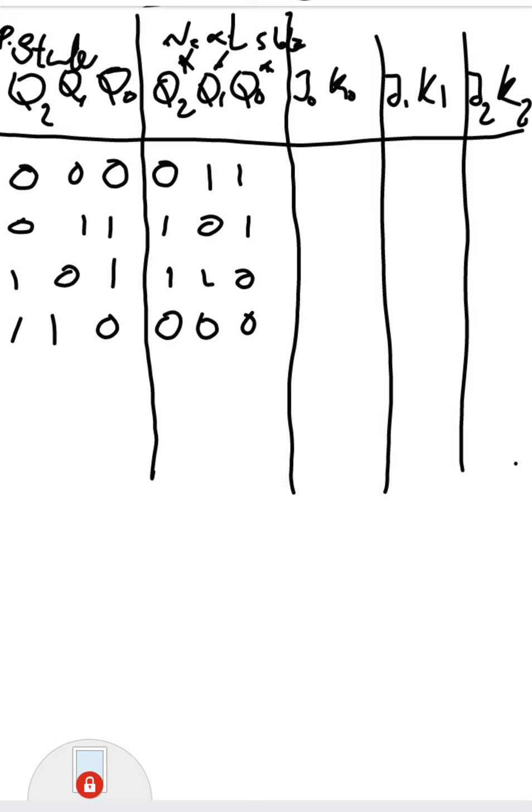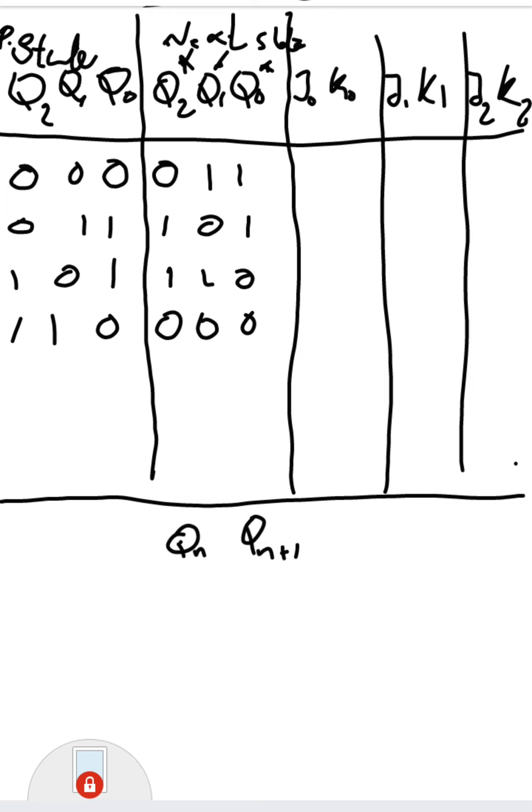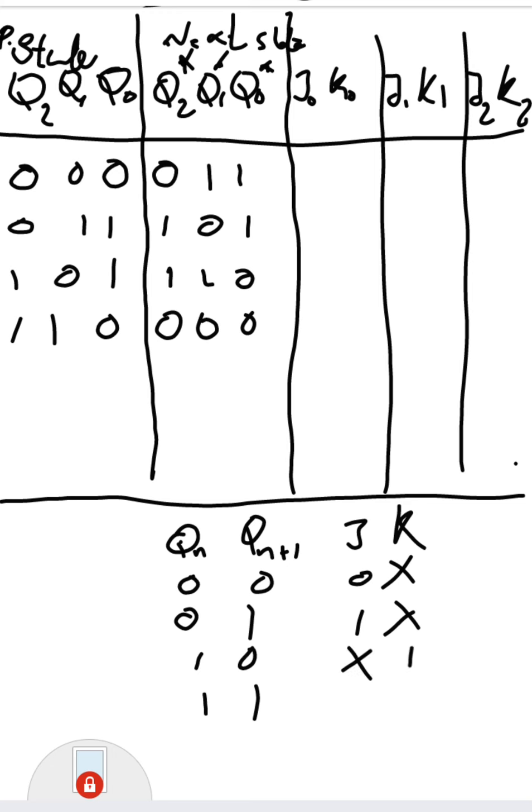So this is the representation. Now using this Q2, Q1, Q0 and the star values, you have to find out J0, K0, J1, K1, J2, K2. For that you will be using the excitation table of a JK flip-flop. So excitation table of a JK, again I am writing 0 0, 0 1, 1 0, 1 1: 0x, 1x, x1 and x0. So using this we can fill the values for J0 and K0.